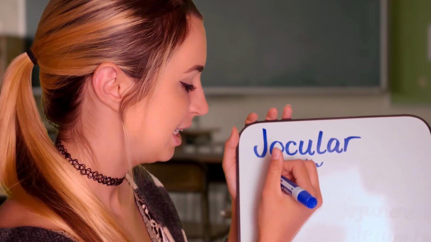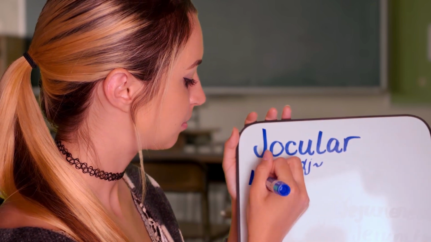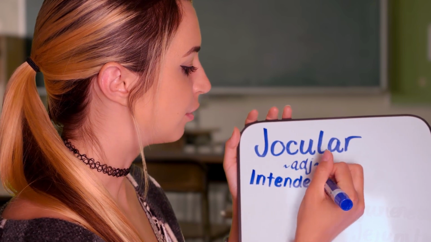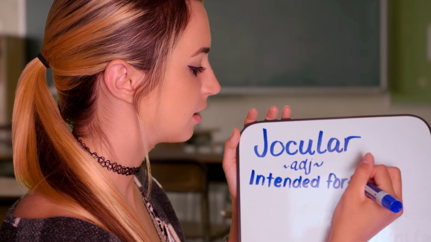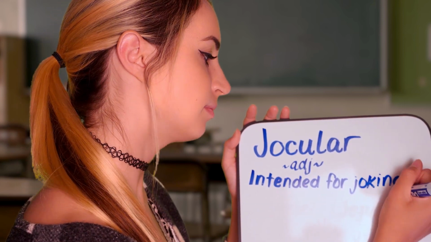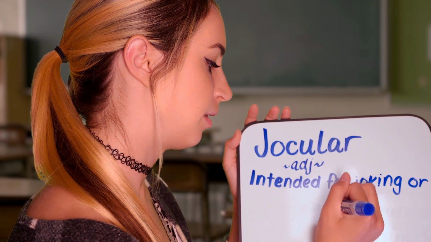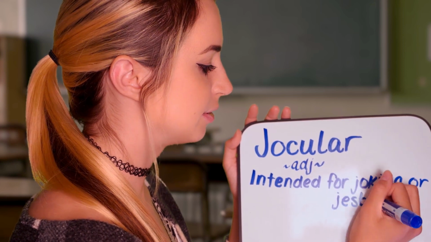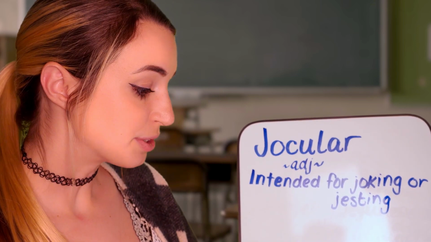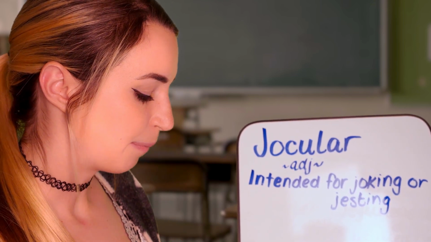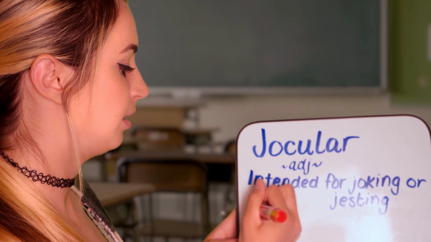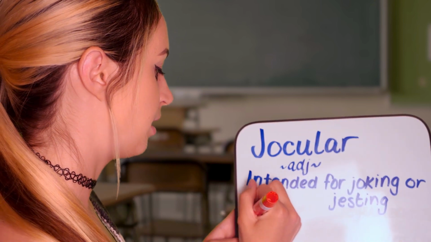It means intended for joking or jesting. So something that's not supposed to be serious, something that's supposed to be a joke, and the other form that's actually pretty common would be